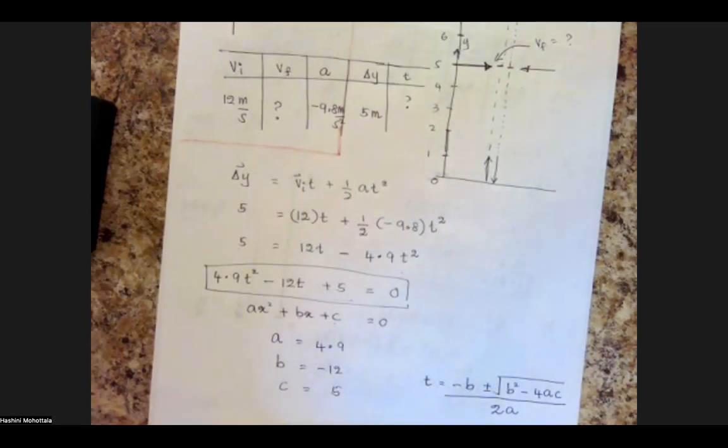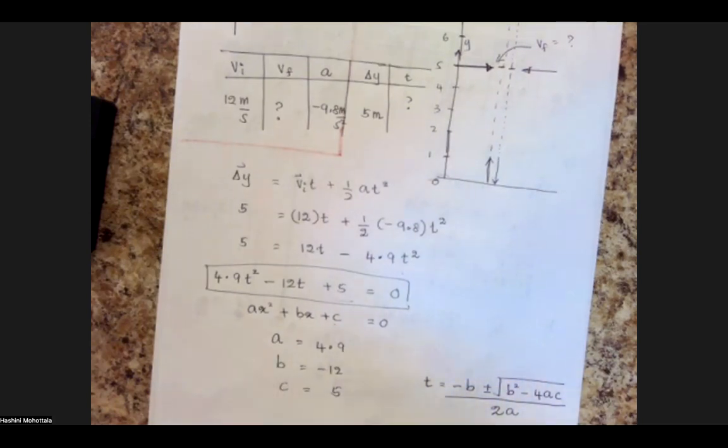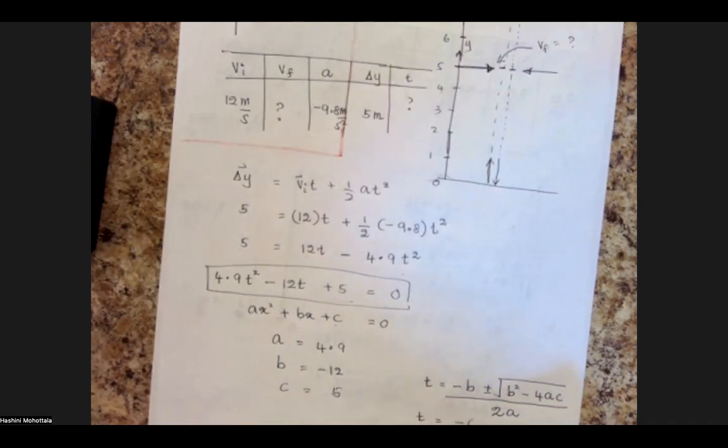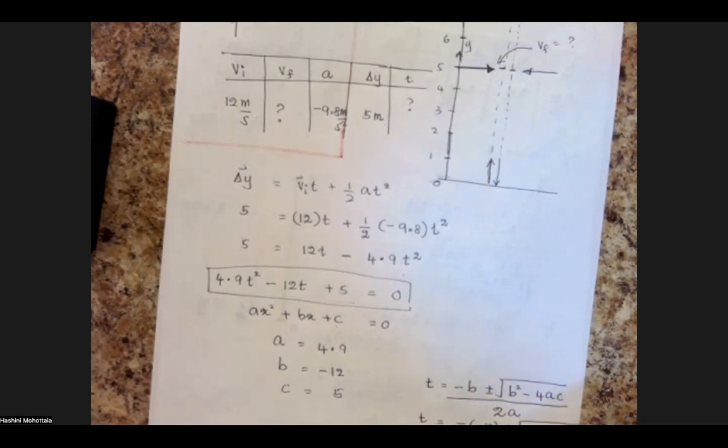This is what is called the solution for any quadratic equation. So we have to substitute for b, a, and c. And you will get t equals minus negative 12 plus or minus the square root of negative 12 square minus 4 times